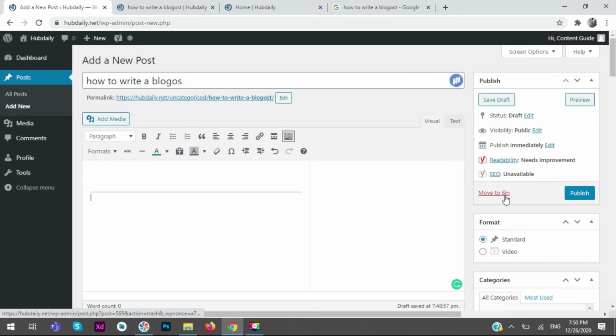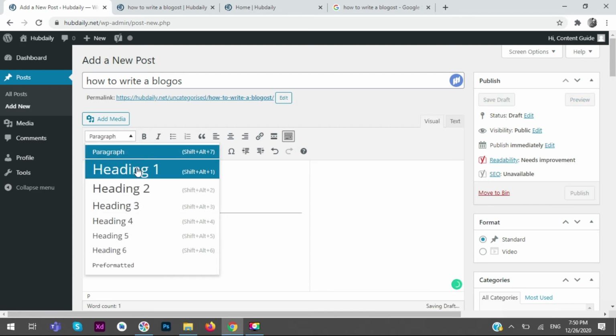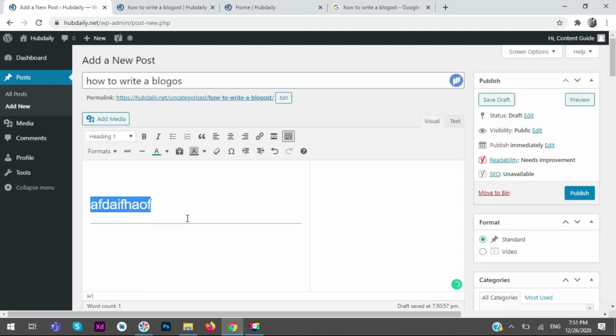If you don't want to publish your article, press move to bin, and it will move to the bin. And this one is preview your article, which I have discussed earlier. So if you are writing your article, after giving some title and writing your article, remember one thing: you have to make some chunks for your article. Divide it into different headings. You must include heading 1 and heading 2. Heading 3 is optional.